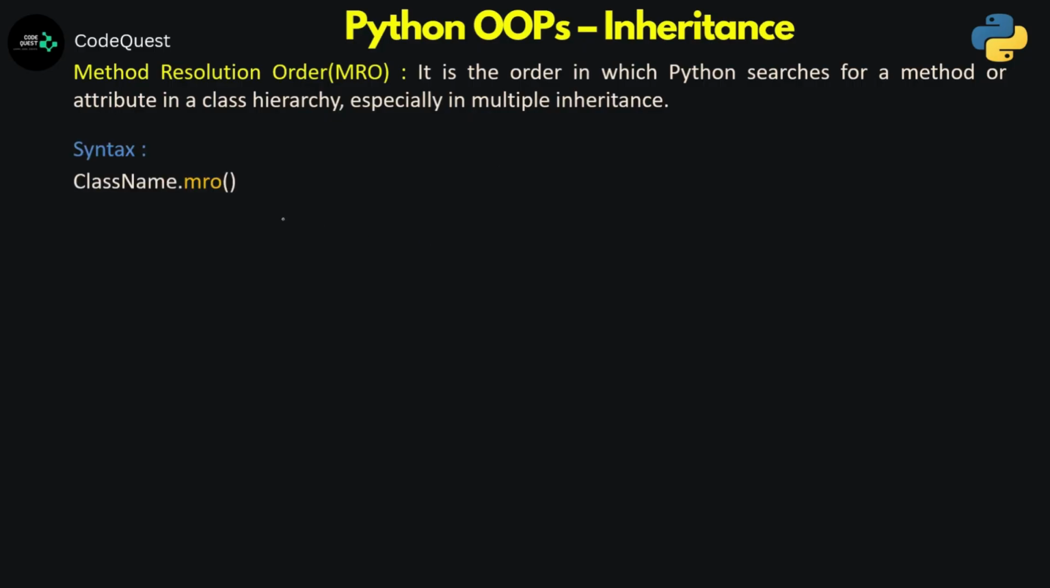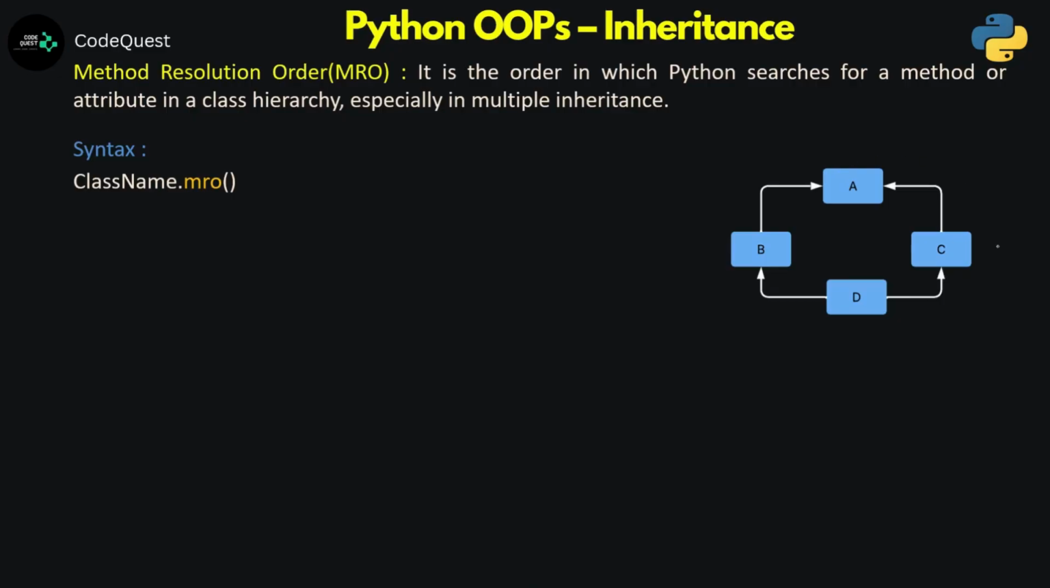Now, if you want to know what the order could be, we have a predefined method available, that is mro. I can call it using a particular class name; I need not have any object name. Now let's say this is the scenario we have created. We know this is nothing but a hybrid inheritance,